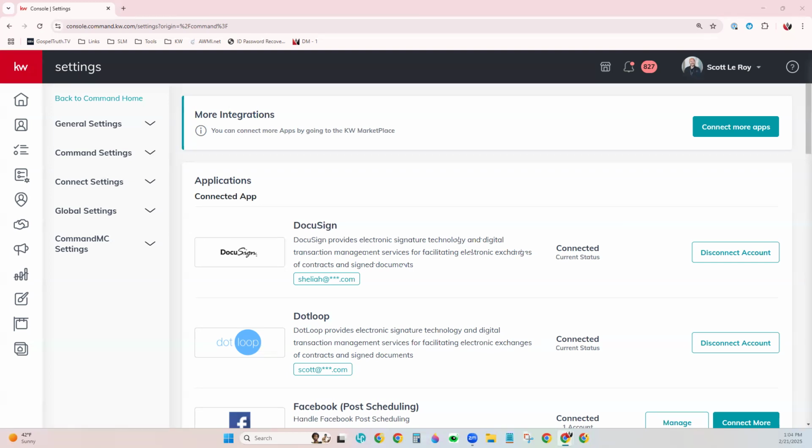All right. And so with DocuSign, again, it's just a platform where you can edit forms and also send them out for signatures. And so this is how most of you will be able to access your brokerage's forms, your market center forms, as well as your board forms, your MLS board forms. And so I'll show you how to do all of that today and get them submitted